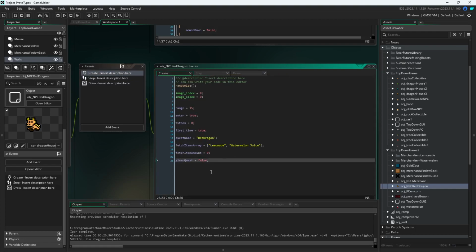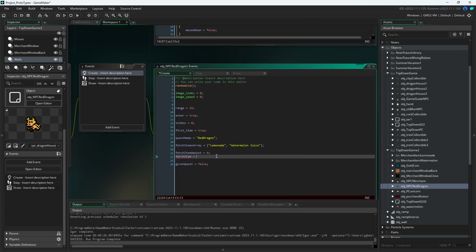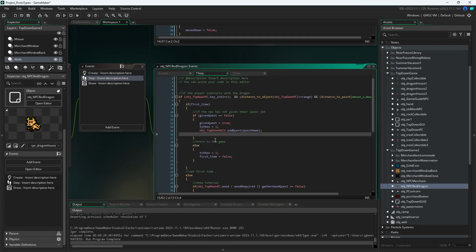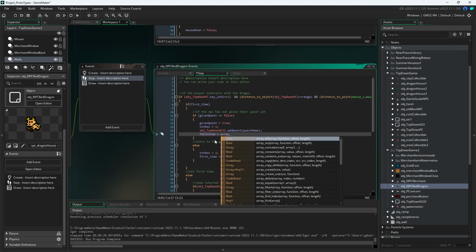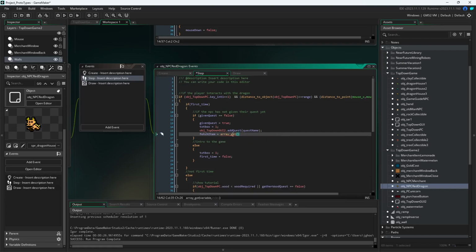We're gonna say fetch item is equal to nothing for now. And then we're gonna say fetch item is equal to array underscore get. With this function, you can retrieve the value from an index and array. That's what we want. All right, and we're gonna say get